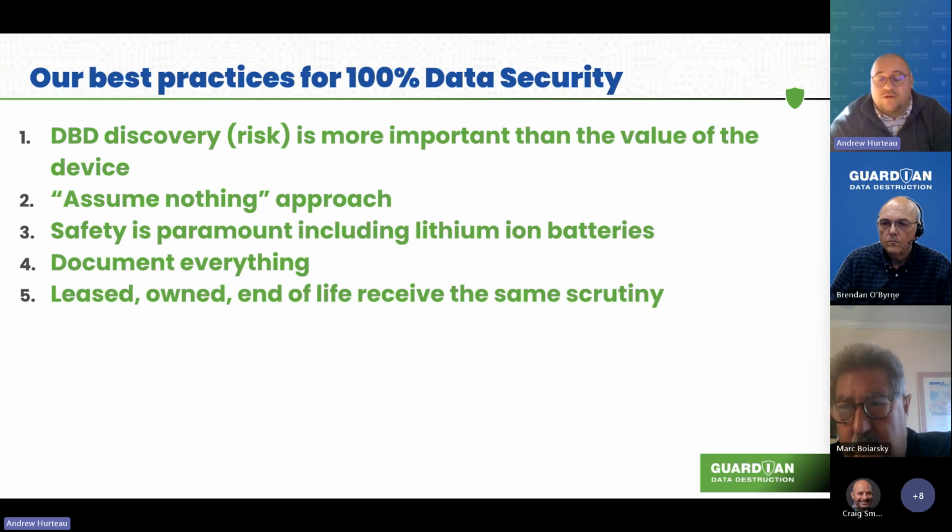Safety is really important in this line of inspection, in that some of these edges, these stamped metal edges, can be sharp. Really want to talk about lithium-ion batteries. They are ubiquitous. They're used in all sorts of devices, and they don't react well to air, water, or punctures. The risk is real there. So knowing how to handle devices, the innards of a device, safely, is really important. We also